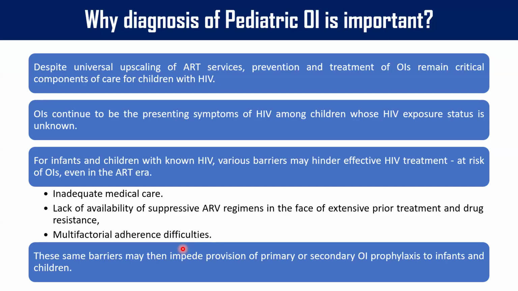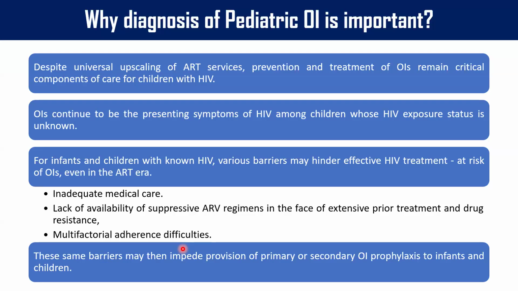Similarly, there is lack of availability of a suppressive ARV regimen. Though we have a very good regimen now, there are some issues there. There are some challenges, especially in children, regarding acceptability of those regimens, and sometimes supply chain issues and interruptions in between. And since we are using ARV drugs very extensively, there will be issues of drug resistance. All these things can lead to non-suppression of HIV, leading on to immune dysregulation and then opportunistic infection. And the most important factor for the success of ART regimens is adherence. But we all know there are challenges with adherence which are multifactorial.